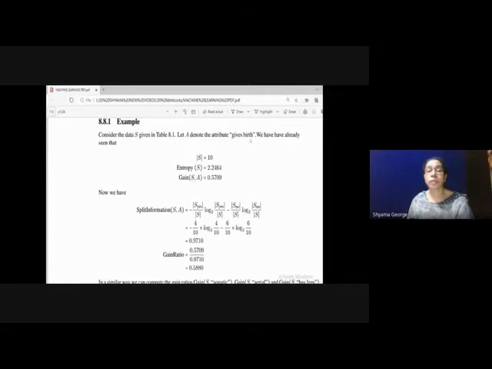So there are 4 records with value yes and 6 records with value no. In that case, what is the split information of SA? It is minus S divided by S into log 2 to the base S divided by S. That is 4 out of the total number of records 10: minus 4 by 10 log 2 to the base 4 by 10 minus 6 by 10 log 2 to the base 6 by 10. This is the split information. That is equal to 0.9710. So the gain ratio is gain SA divided by split information SA. That is equal to 0.5880.